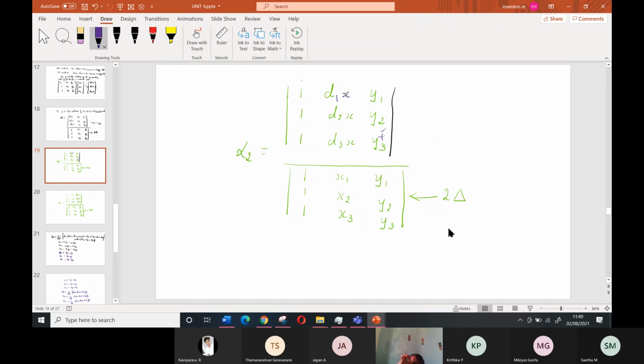Once you know the shape function, you will be able to find out the stiffness matrix and the load vector. The load vector is the integral of N transpose into the load P. If you take the load as P, you can take N transpose into P like that. I think time is over, I'll stop here and we can proceed tomorrow. Okay.